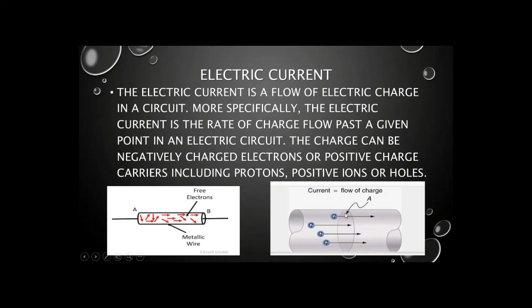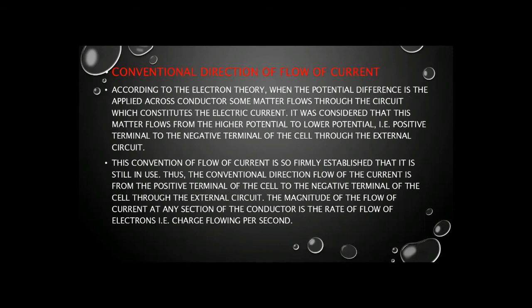Okay, as you can see, here we have a cross section area of a wire or a conductor. So what is current? The flow of electrons through this specific area is known as the electric current, and the rate of flow of electrons through this specific area is known as the current. As you can see here, this is the conventional direction of flow of current. So take a screenshot and we will discuss it by the diagram.